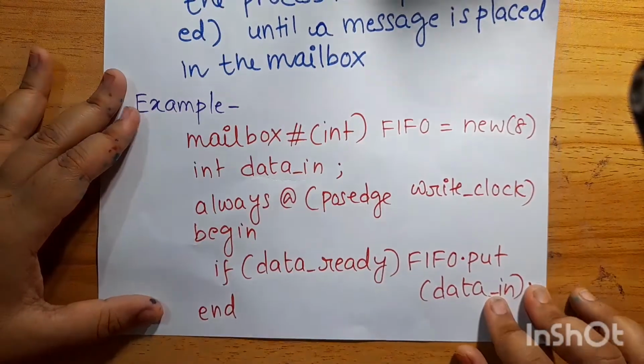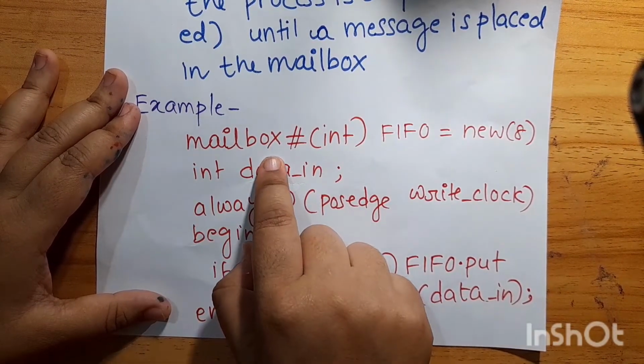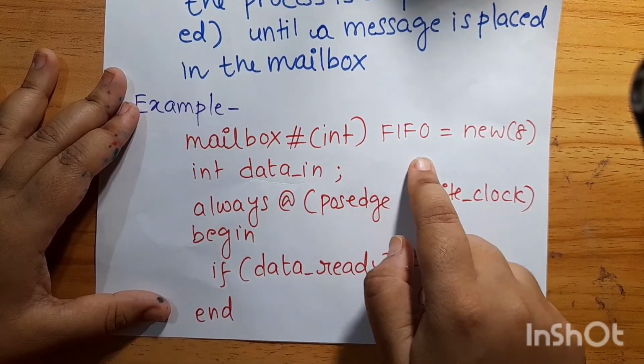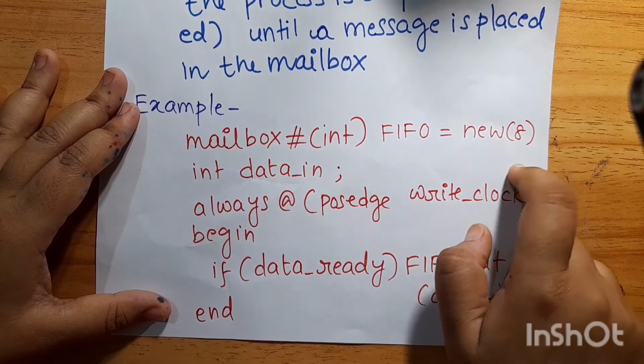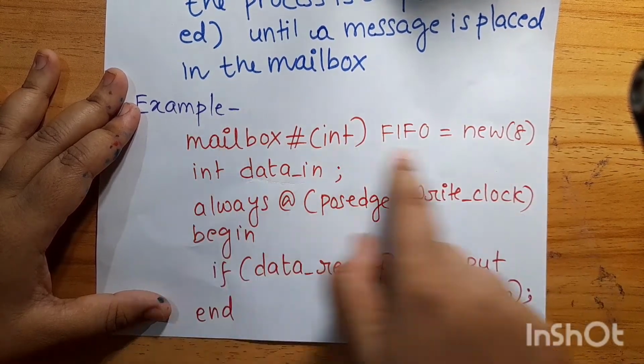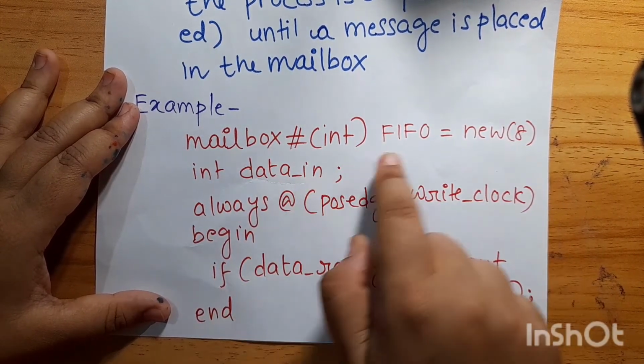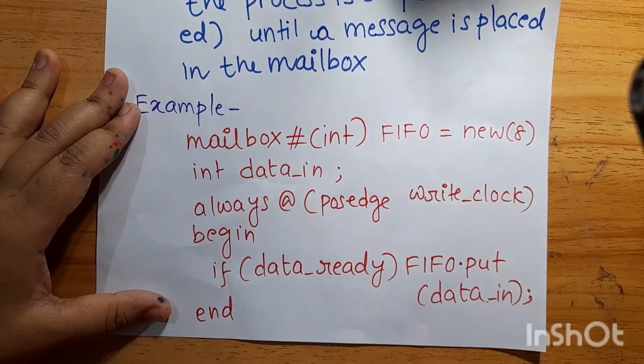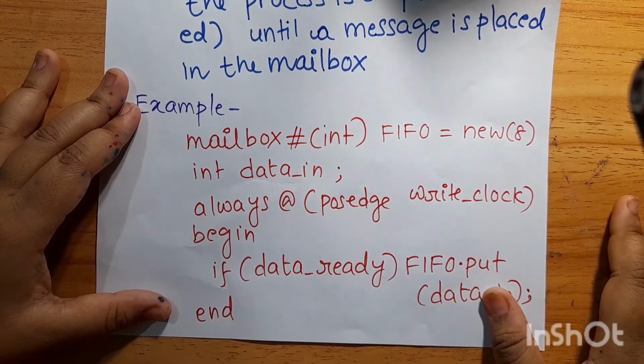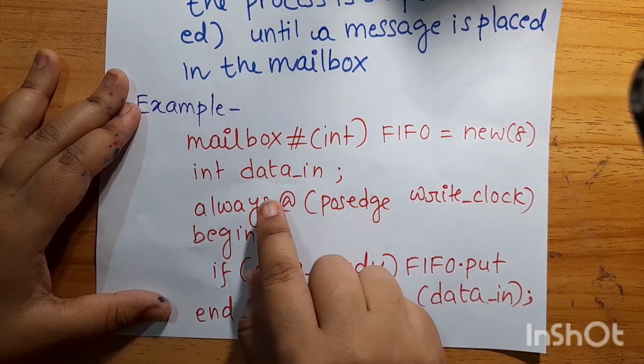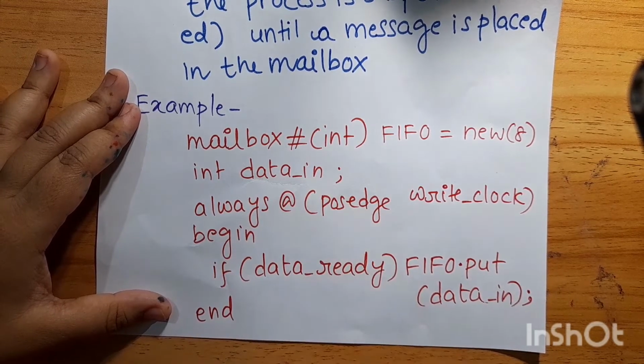Let's see an example. Mailbox #(integer) FIFO = new(8). This is how I am constructing a mailbox. The name of the mailbox is FIFO and the maximum data it can hold is 8. Next is int data_in;